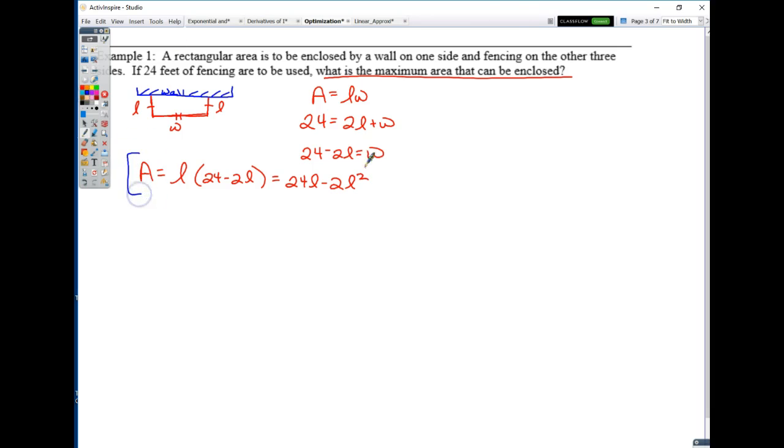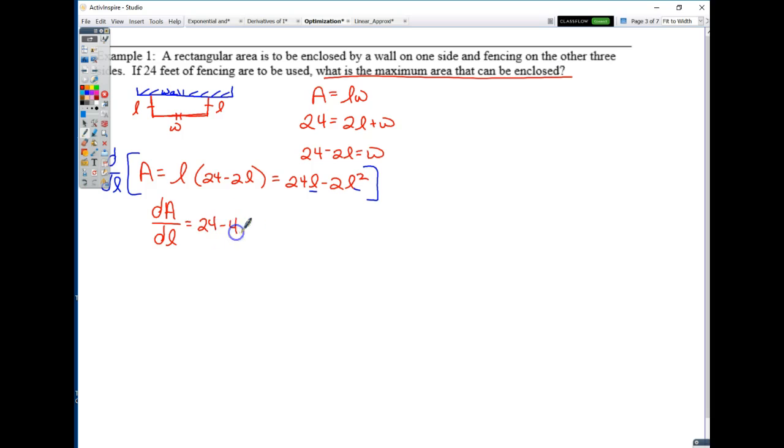Now here's where things get a little weird. I'm going to take the derivative of this function with respect to the independent variable. In this problem, my independent variable is the length. So I'm going to take the dl of the problem. S and Q. I hate Q's. So I want the dl of